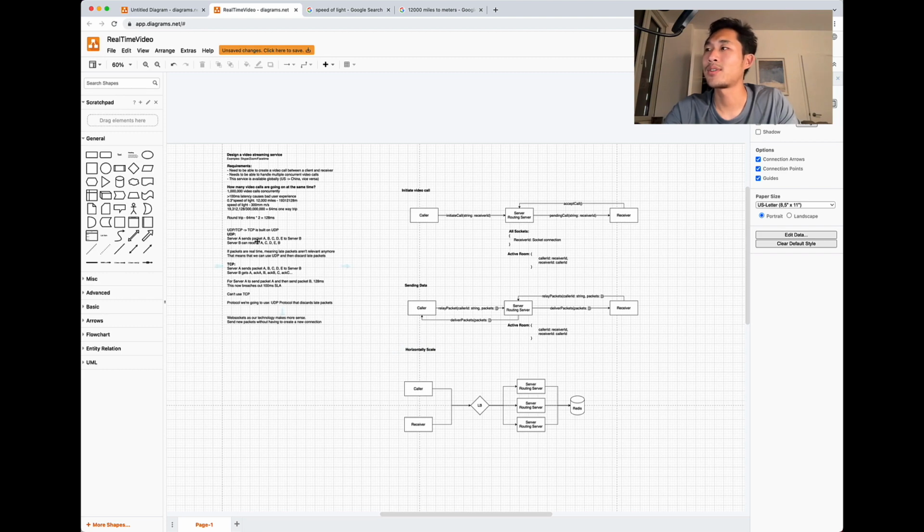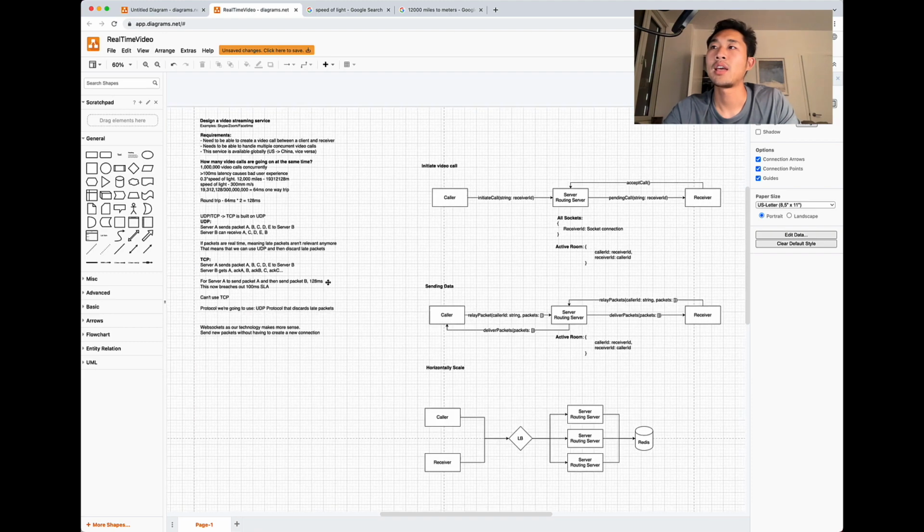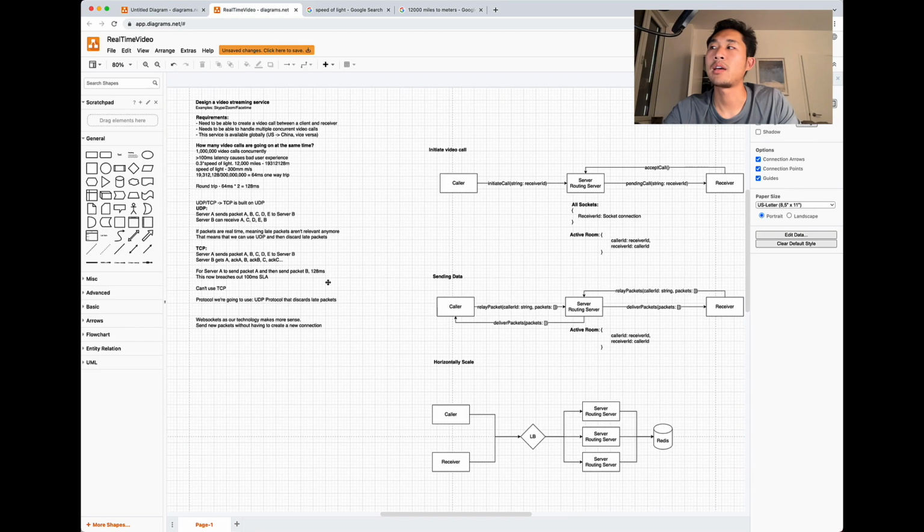Yeah, this is sort of the meat and bones of creating this video streaming service. The calculations in the front are really where the hard part of this design is: picking the right technologies and making sure that you don't get tripped up later on.